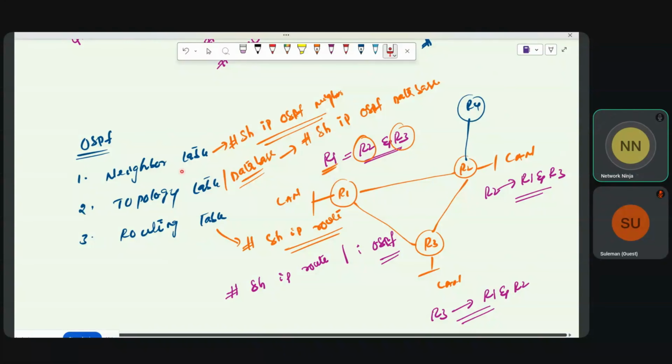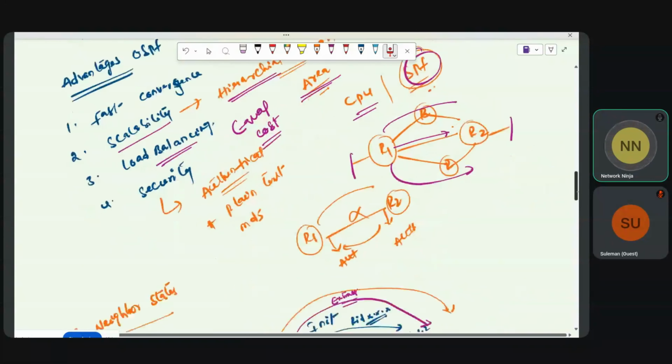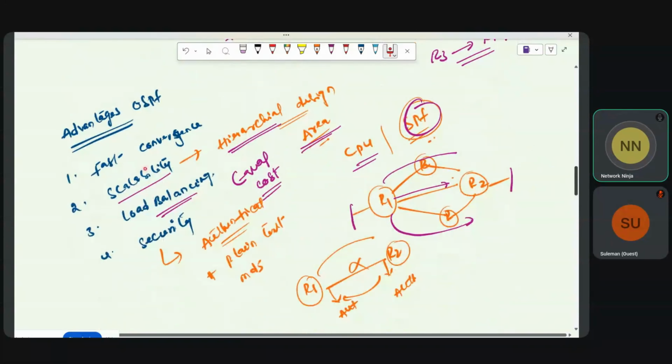To check the neighbor table, the command is show ip ospf neighbor, to check the database table, the command is show ip ospf database, and to check the routing table, show ip route. If you want to filter specifically to the OSPF routes only, then the command is show ip route | include OSPF. This we also covered, and then we discussed the advantages of OSPF,